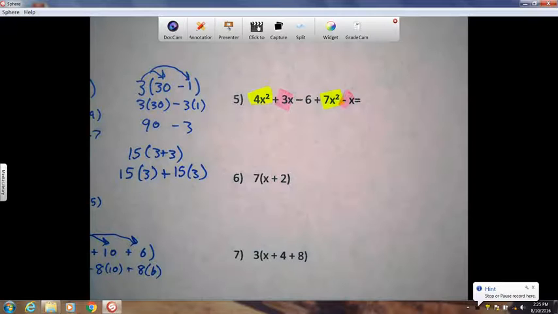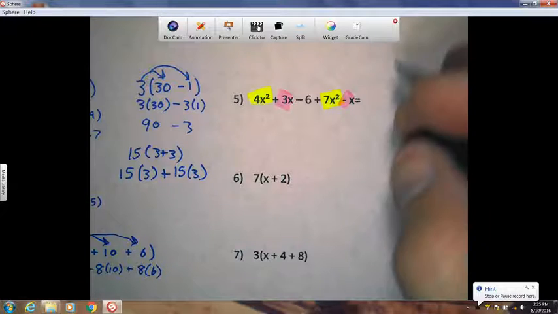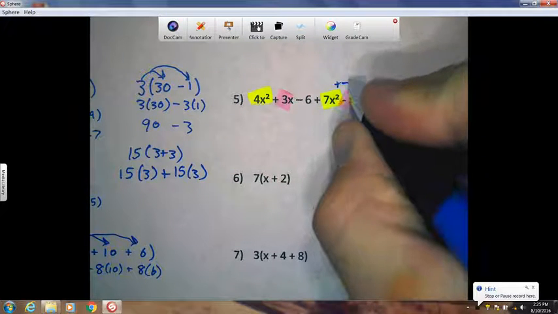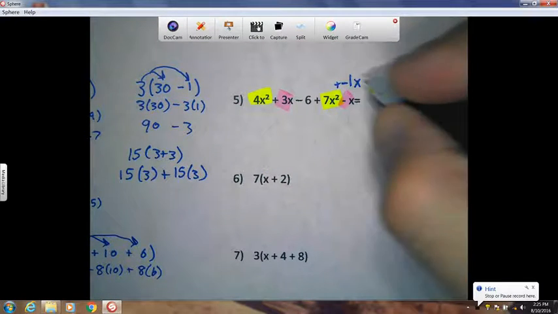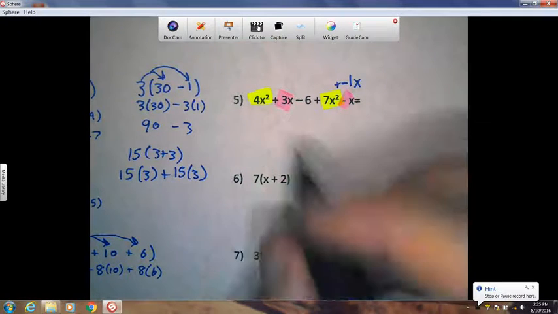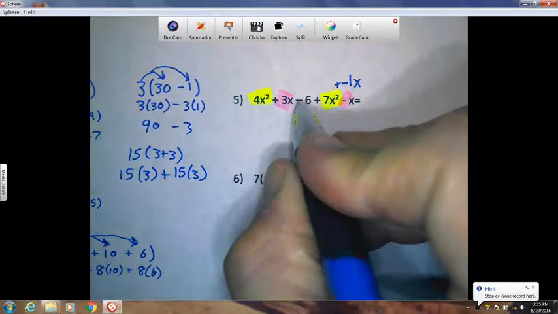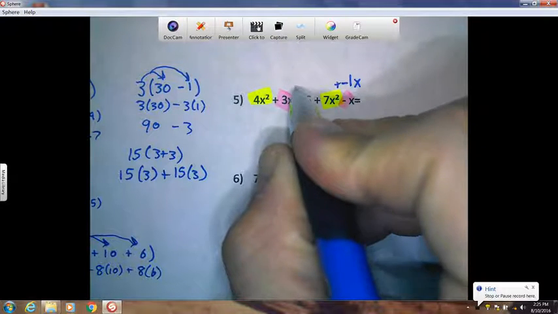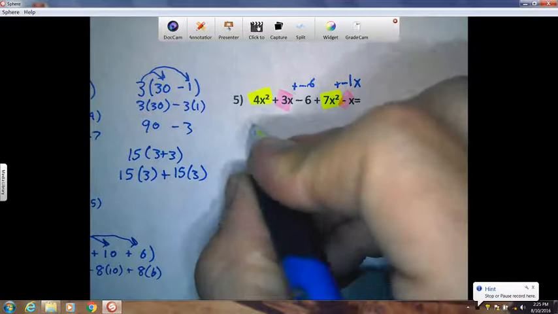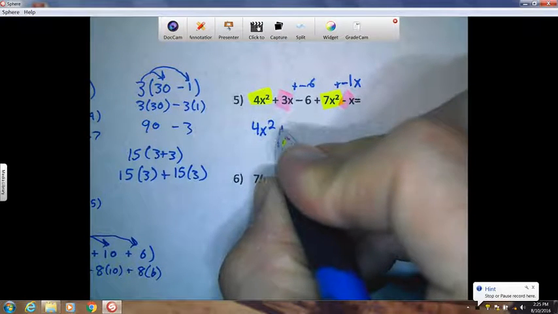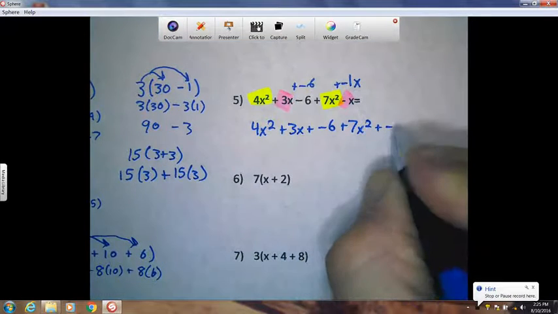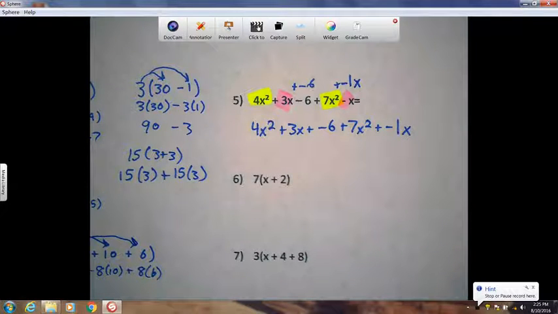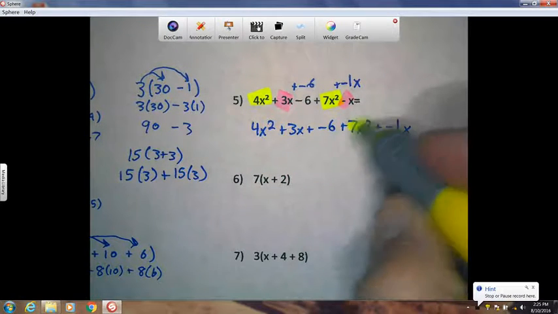Now be careful on this one and use addition of the opposite. I'm going to change that to plus a negative 1x. So it's negative 1x. And the 6 is by itself. And remember, addition of the opposite. So instead of minus a positive 6, I'm going to do plus a negative 6. So 4x squared plus 3x plus negative 6 plus 7x squared plus negative 1x. Remember, using addition of the opposite will be very helpful to keep you